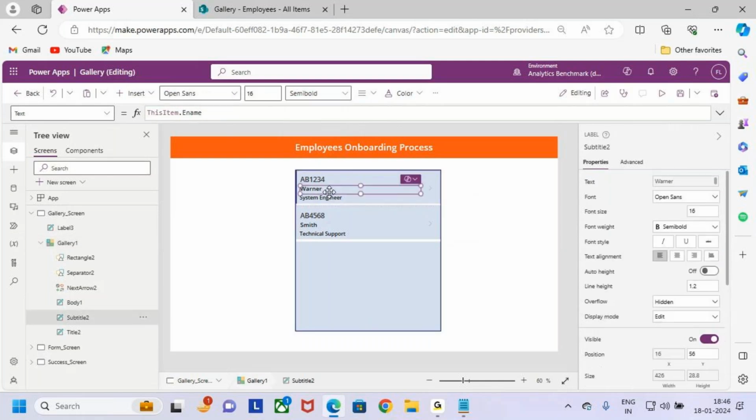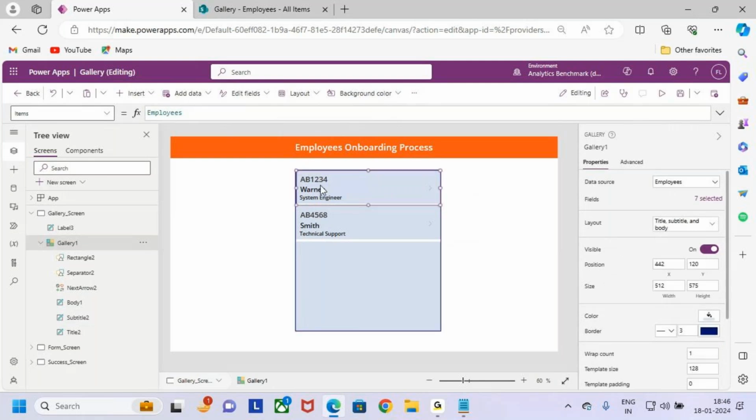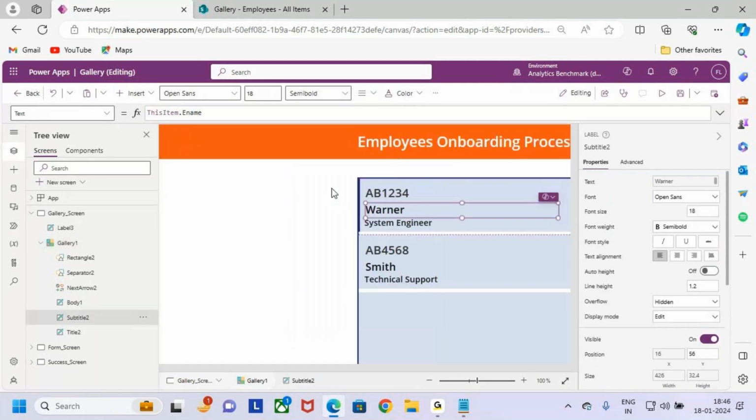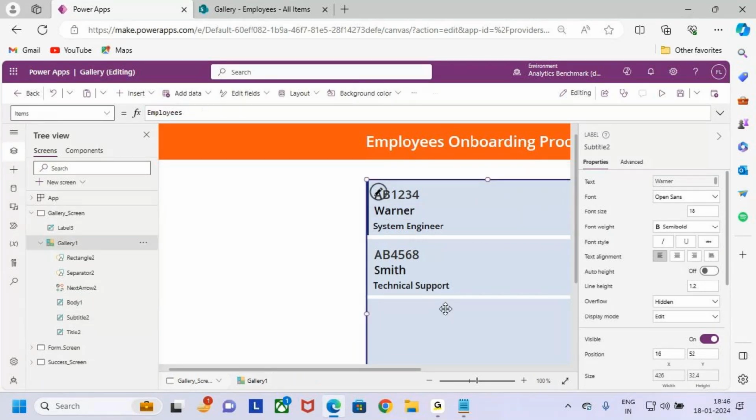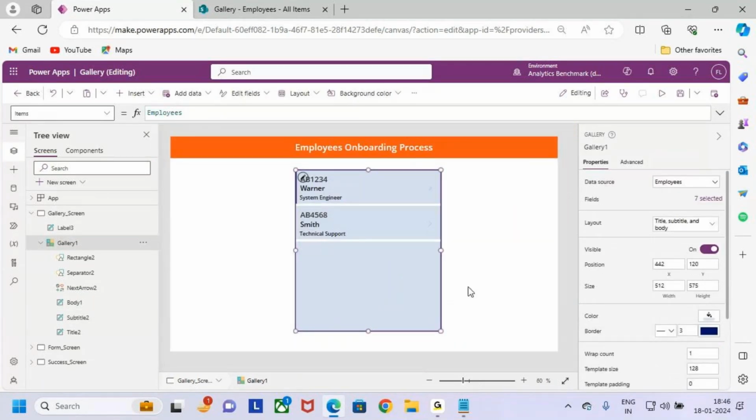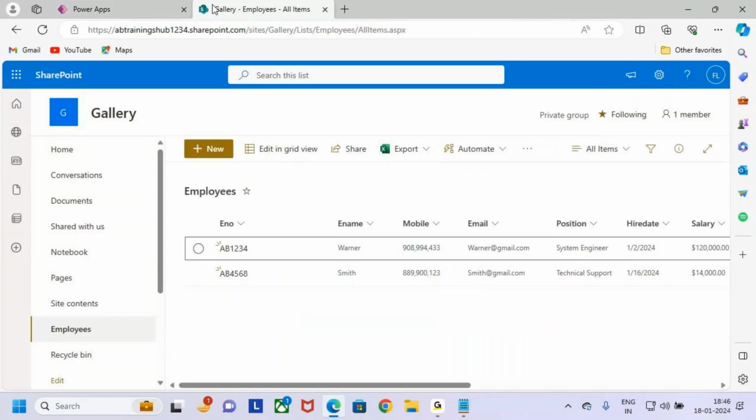Better to increase the font size for this employee name also. Let me keep it as 18. Let me keep it as 20. Now it looks somewhat better. Let me increase some size here. Fine, it looks good now. Now this is the gallery I'm showing here guys. In the gallery, what am I displaying? I'm displaying some data, whatever data is stored in the